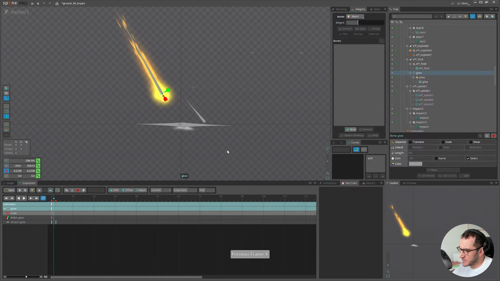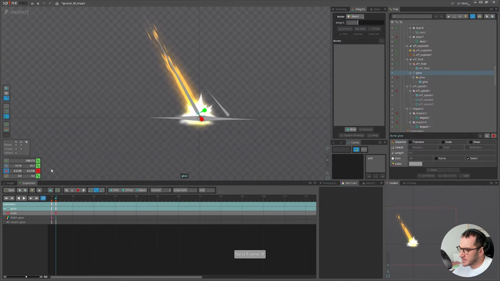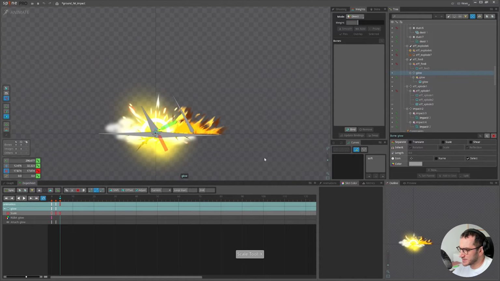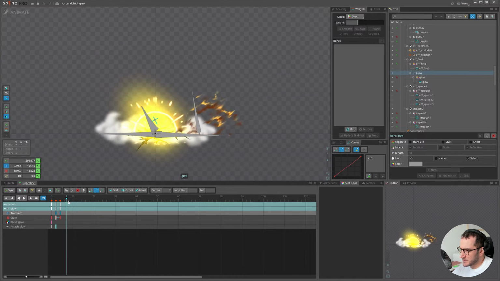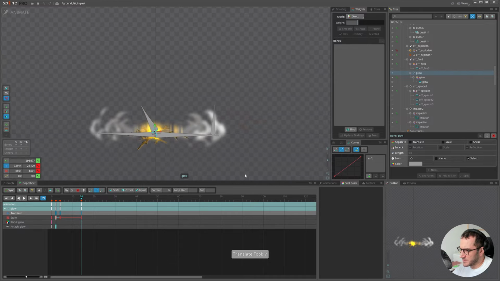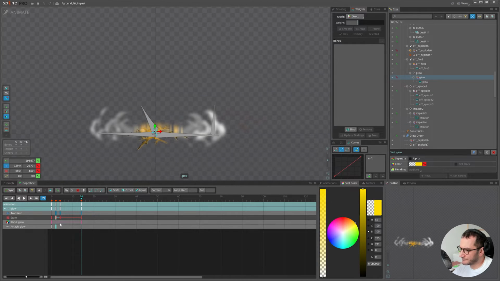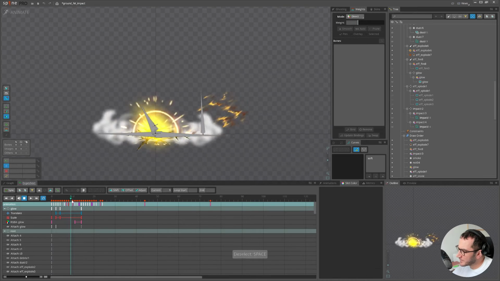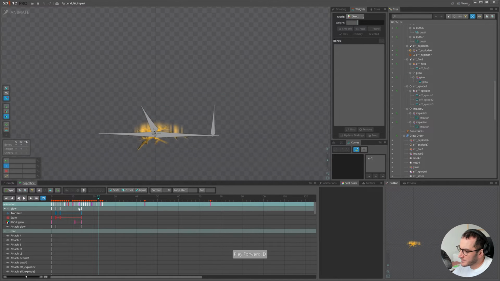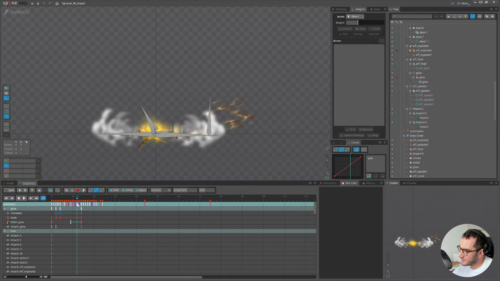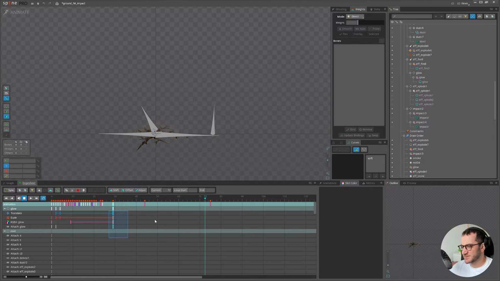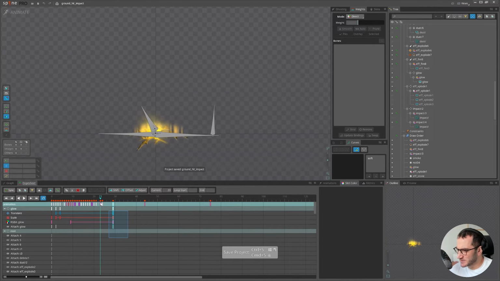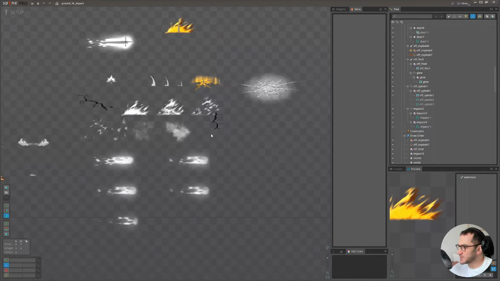Boom. Let's key the scale, so we will be increasing it. So bright. And then make it disappear here. Let's leave it this way. I think we will be adding more effects, so maybe it will help them to blend in. Great. So what else we can do with